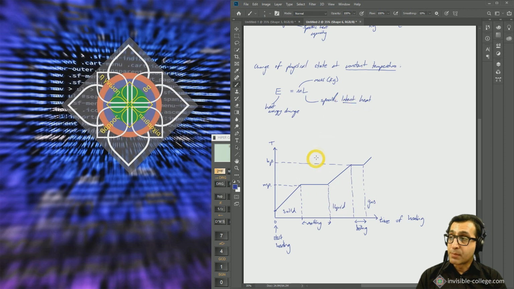And so this is where the word latent comes from. The word latent means hidden. So latent heat is the heat which doesn't seem to be changing the temperature of the object during changes of state. It is, in fact, not changing the average kinetic energies of the particles. It's not changing the temperature. The energy that we're supplying during melting is being used to overcome the forces of attraction between the particles in the solid so that the particles can move past each other and enter the liquid phase. And so specific latent heat is the amount of heat energy which is used to either melt or boil 1 kilogram of that substance